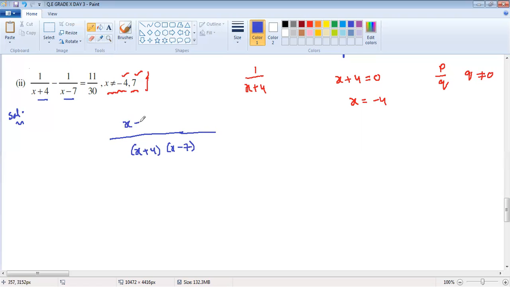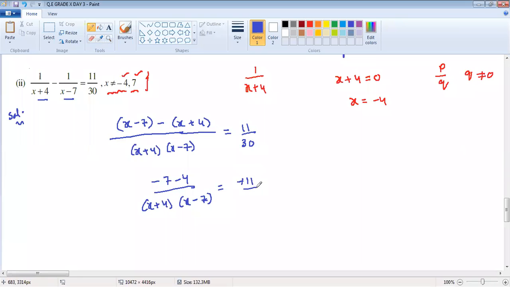Then here, x minus 7 minus x plus 4, which is equal to 11 by 30. Am I right, ma? Yes, sir. Then open the bracket, x cancel. So when x cancels, it will become minus 7 minus 4 divided by x plus 4 into x minus 7, which is equal to